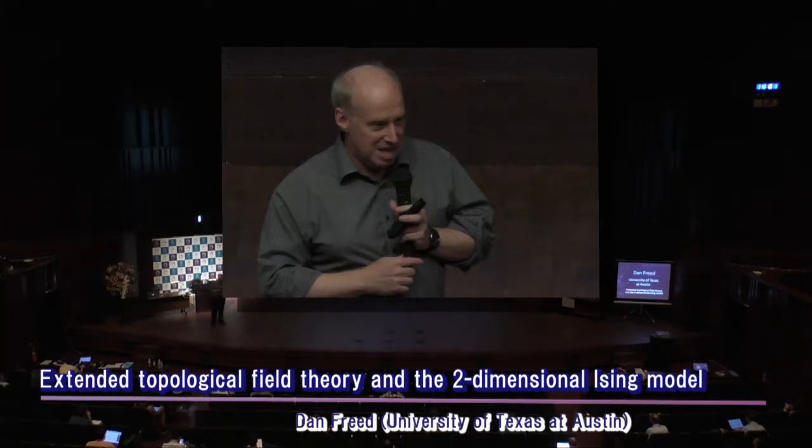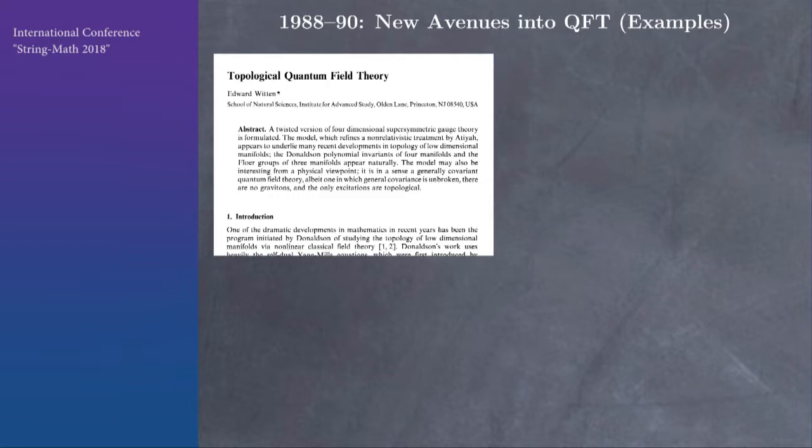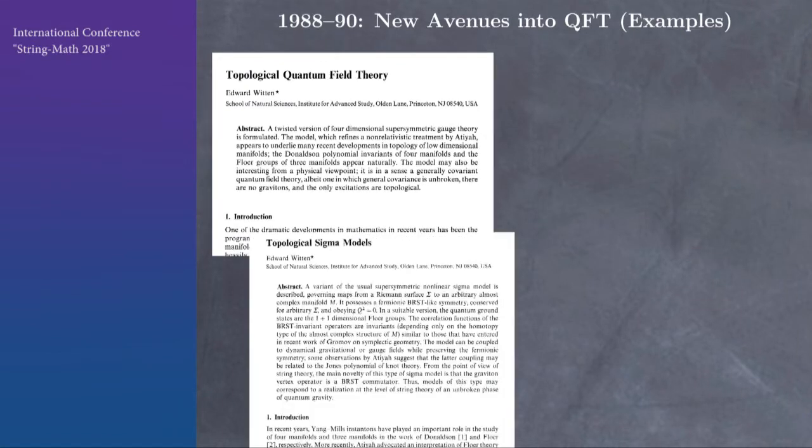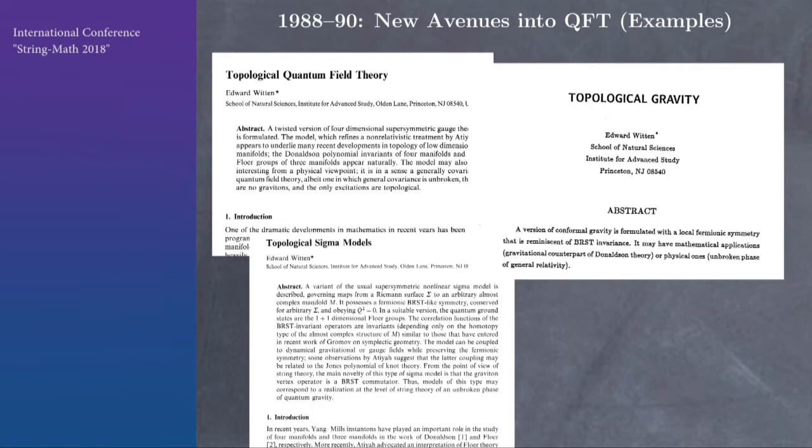I want to start by making a few general remarks about the period 30 years ago, and in particular, two developments that gave new pathways for exploring quantum field theory. One was simply new examples, and in particular today, these topological examples. These papers of Witten had examples in gauge theory, in sigma models, in gravity, which we heard about earlier. And these are, of course, full-blown physics theories, full-blown quantum field theories, but inside they have a topological piece, topological sectors and invariants that one can define.